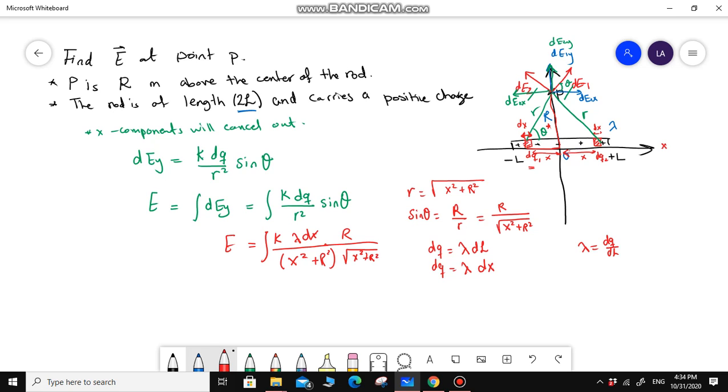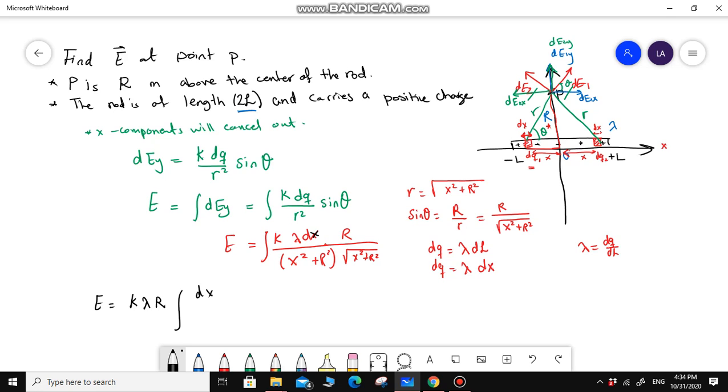Now the problem is much simpler, because I have dx, meaning I am integrating over the x variable, and the only variable I have here is x. r is a constant. The height of the point above the rod is just constant. So let me do some simplification. I will take out the constants. Also here I have r. I'm left with the integral of